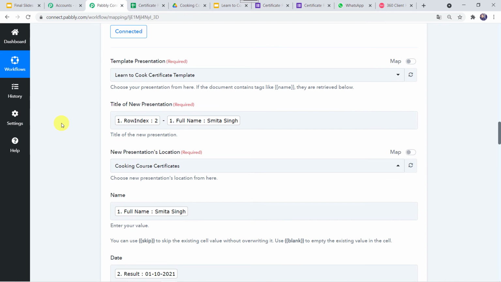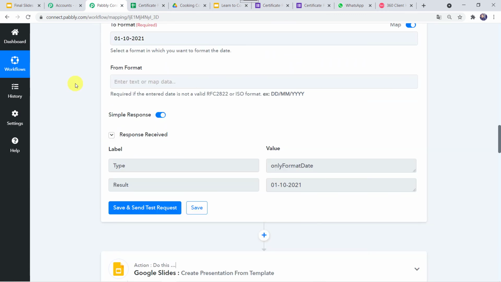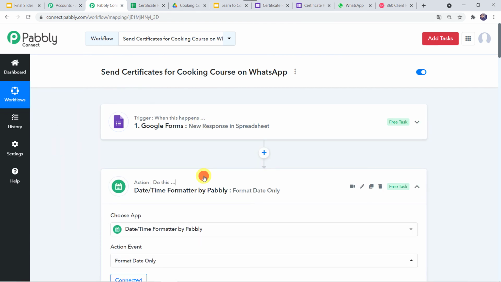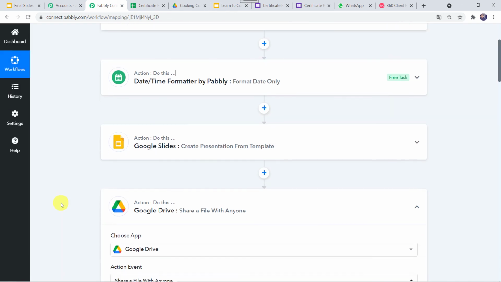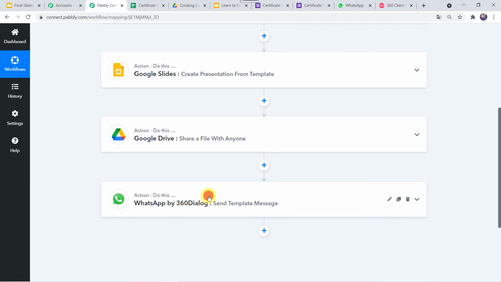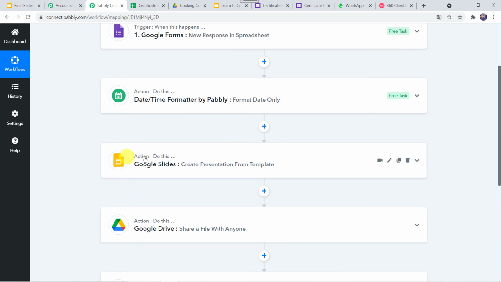I'll just minimize all these windows. Now let us see in a nutshell whatever we have done till now. I'll minimize the date and time formatter, the Google Drive, and the WhatsApp. So in this use case, we want that whenever a Google form is filled, the data should automatically come into the Google Sheet. Using that data, a certificate should be created automatically in Google Slides using a template.